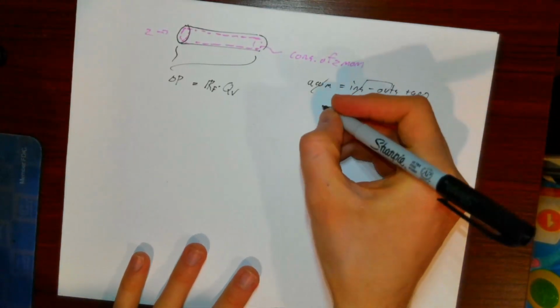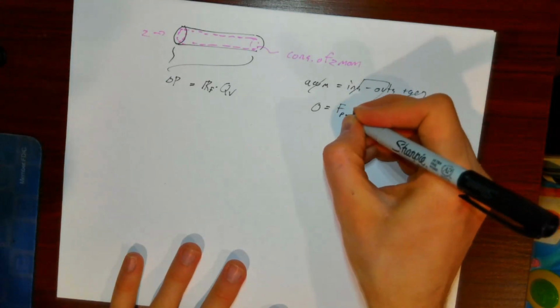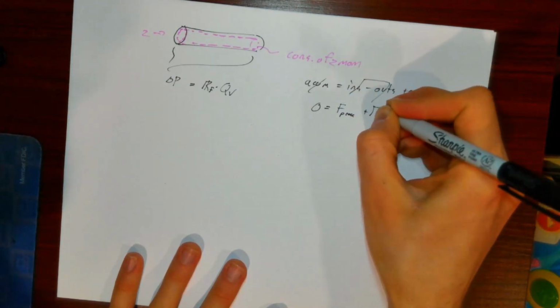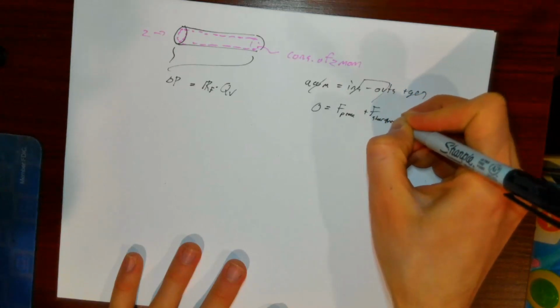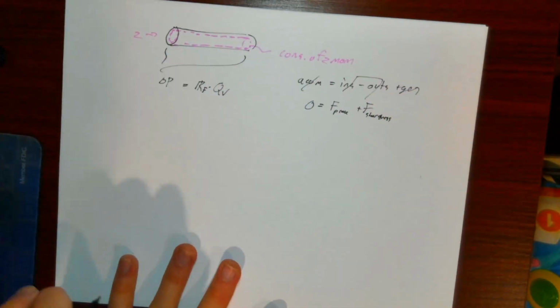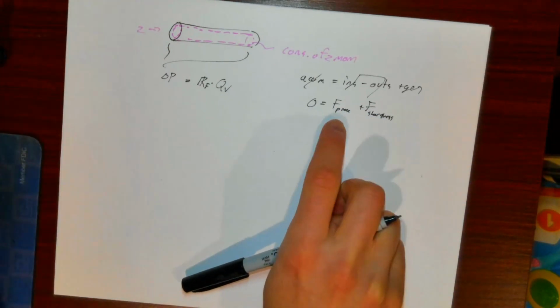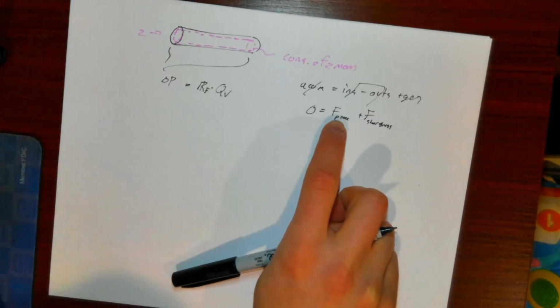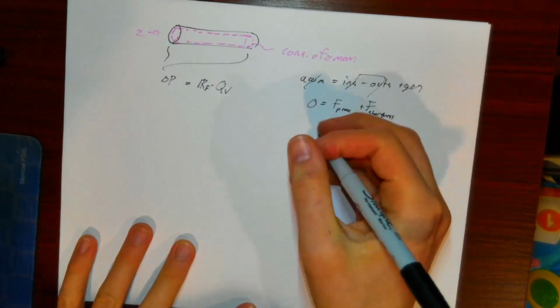And so my generation is basically just 0 equals the force due to pressure plus the force due to shear stress. And I don't have any gravity or through solids, so it's basically just these two. So it's basically saying, hey, force due to pressure and force due to shear stress need to balance with one another. So my force due to pressure